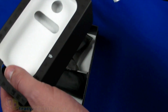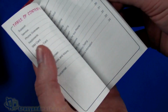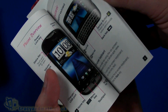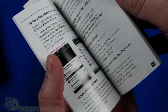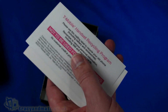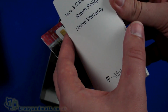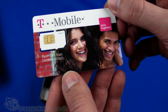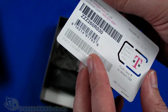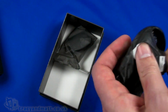So inside the box we have the start guide, which is printed in colour, which is great. It means it's a little bit easier to follow things, and it's all about getting started. Recycling program. There's the terms and conditions for the limited warranty. And then I have a T-Mobile 4G SIM card. Also in the box we have